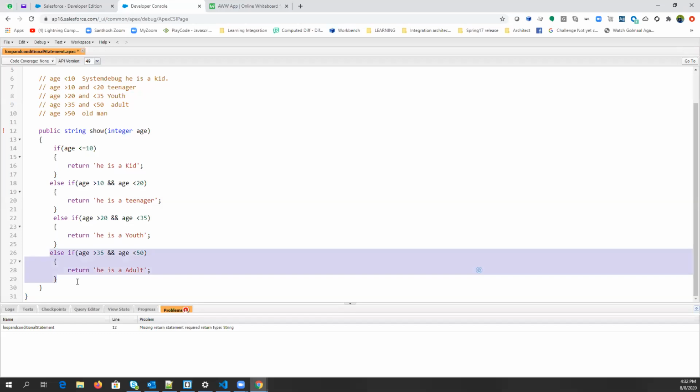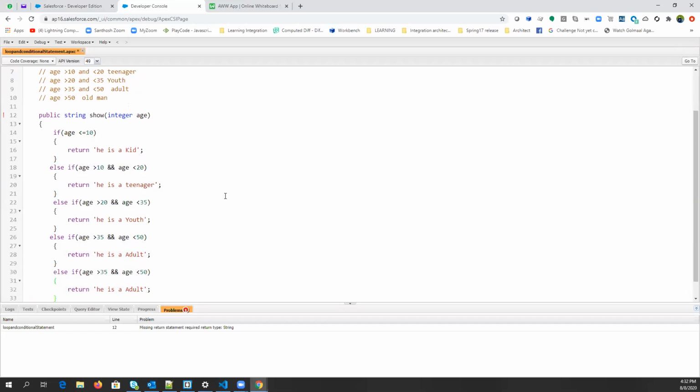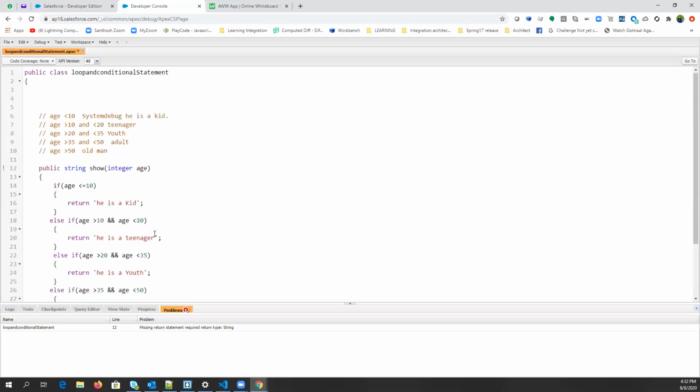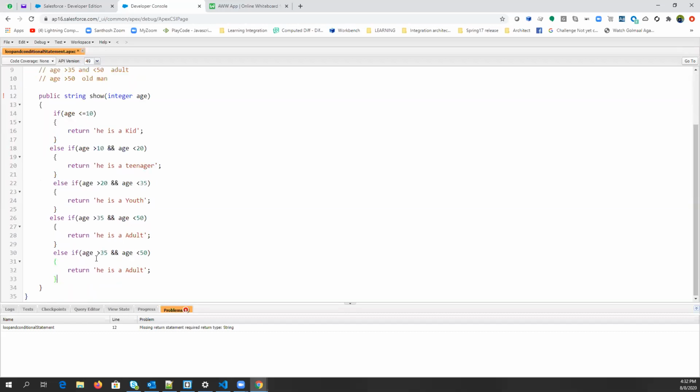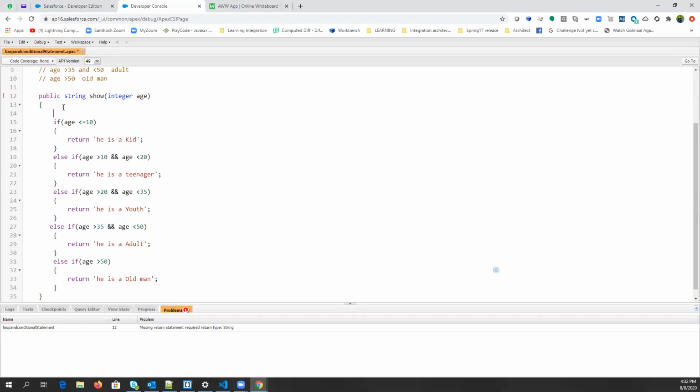And one more condition: else if it is greater than 50. Now we don't need an and condition. Just type this.